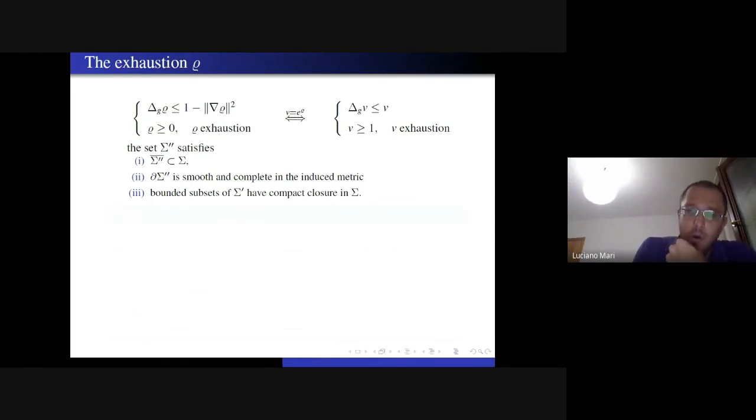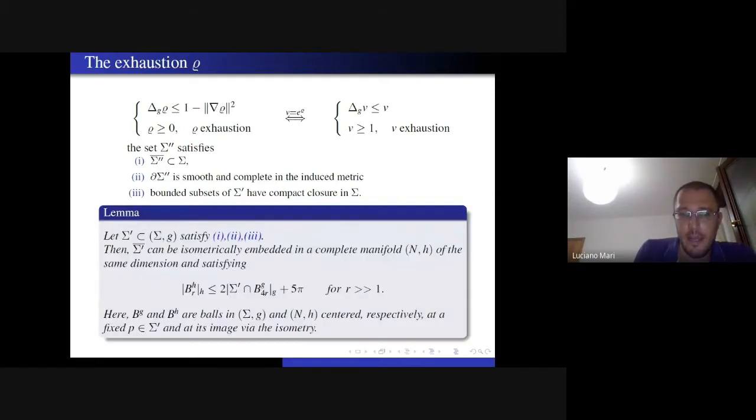And these three topological properties: sigma prime is an upper level set of a smooth function, so it's not too bad. Sigma double prime is not too bad as a set. And the first lemma is that if sigma prime in the graph satisfies these three equations, then sigma prime up to the boundary can be isometrically embedded in a complete manifold of the same dimension whose volume of balls, the manifold is called